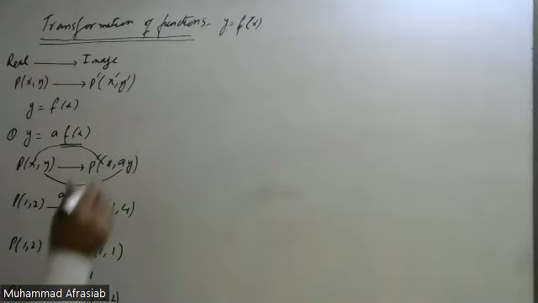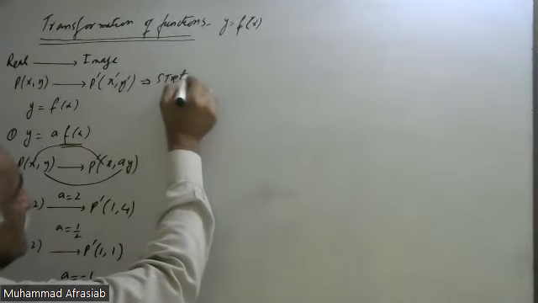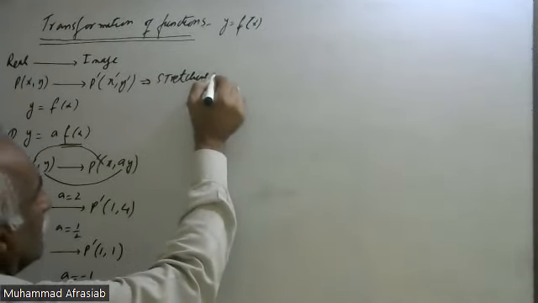So it means here the y values are doubled. Here the y value is again changed: 2 into 1 by 2 is equal to 1, and here a is equal to minus 1, so minus 1 into 2 is minus 2. If we now draw it with the different figures, in other words, it is known as stretching about